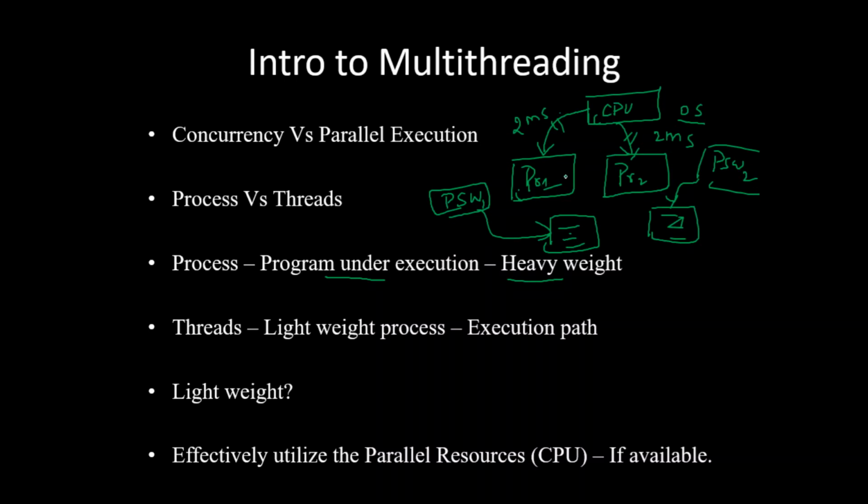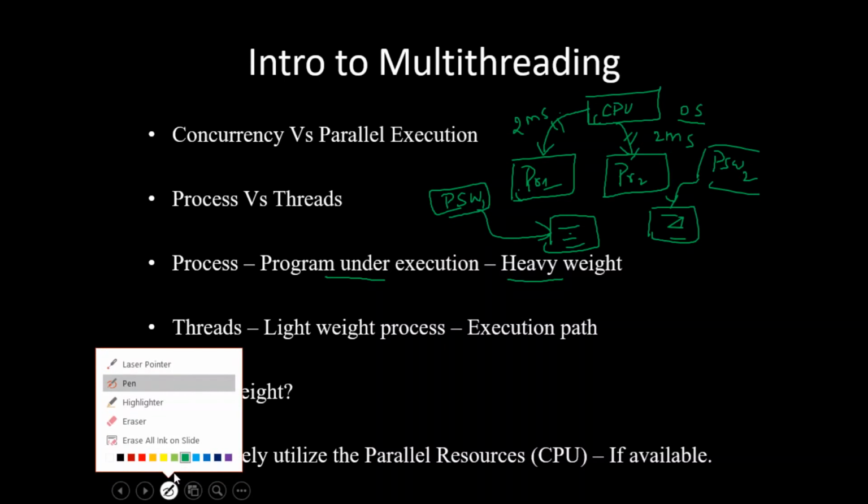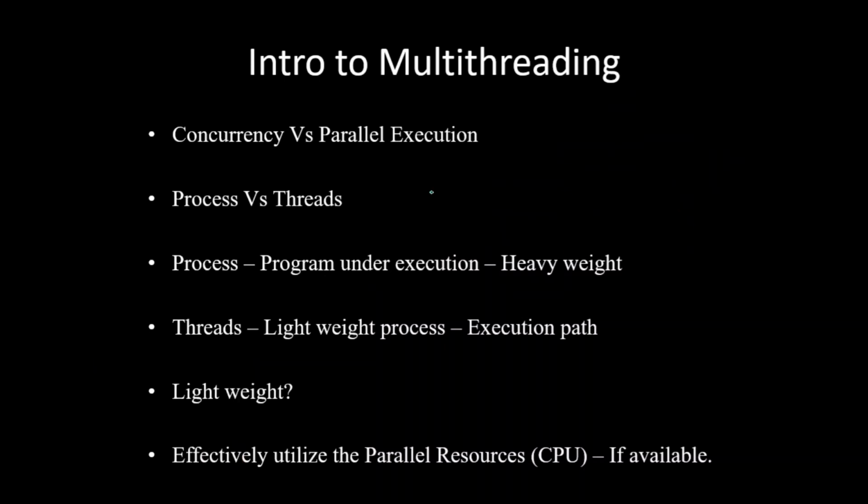So all these operations should happen in the background and operating system should take care of that. Because of these things, the process is generally treated as a heavyweight entity. So context switching from one process to another process actually involves a lot of software and hardware resources to be used by the operating system. Because of that, it is called as a heavyweight thing. Whereas threads are called as lightweight processes.